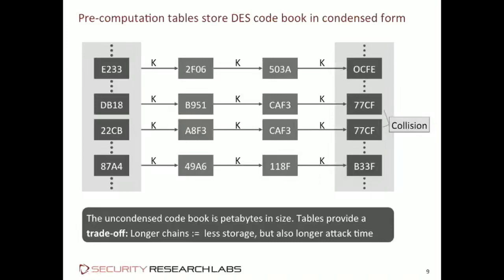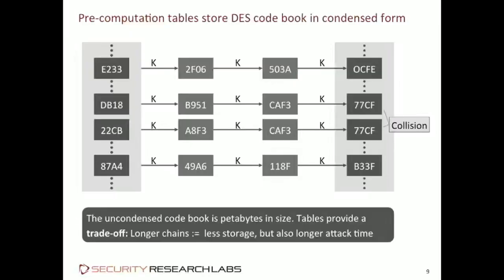What is a rainbow table? Rainbow table is an optimization on a code book, and a code book is when you compute a secret mapping for every possibility and keep a record of it. It's kind of like the phone book, right? If you consider the mapping between a person's name and their phone number to be a secret operation, it's simple to go one way by calling them. It's pretty hard to go the other way, right? Unless, of course, you call everybody until you hit the right person. That's brute force. But while doing that, you can write the phone book, right? Because then you know everybody's phone number.